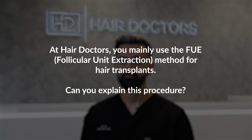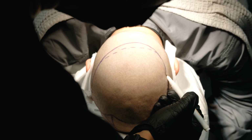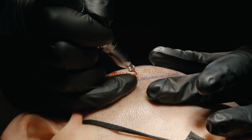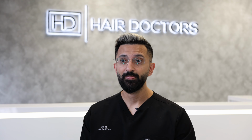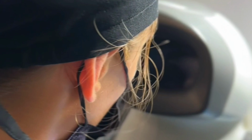At Hair Doctors, you mainly use the FUE, the follicular unit extraction method, for hair transplants. Can you explain this procedure? So FUE is a minimally invasive technique where we extract individual follicular units from the donor area, typically the back of the head, using a specialised punch tool. These follicles are then carefully implanted into areas of hair loss. Unlike older strip methods, FUE leaves no linear scars and allows for a natural looking result with faster healing times. Precision is key, and that's where tools like the Mantis microscope play a huge role in ensuring the best placement